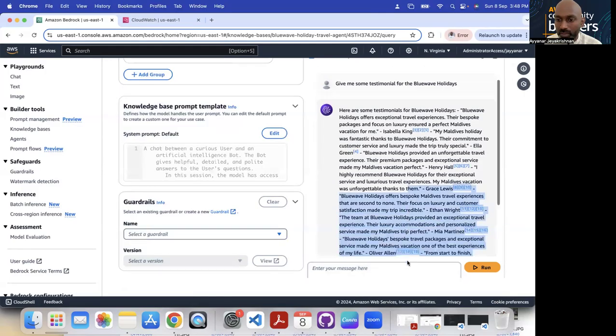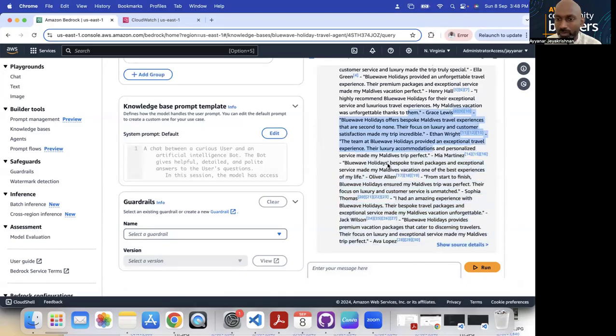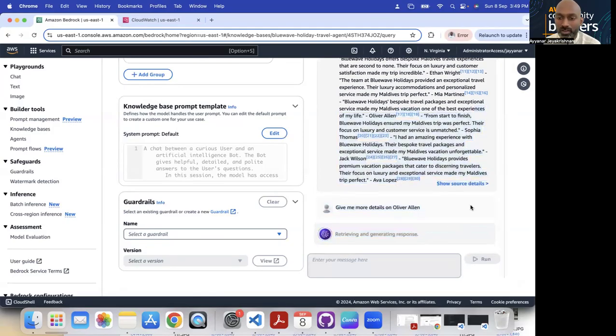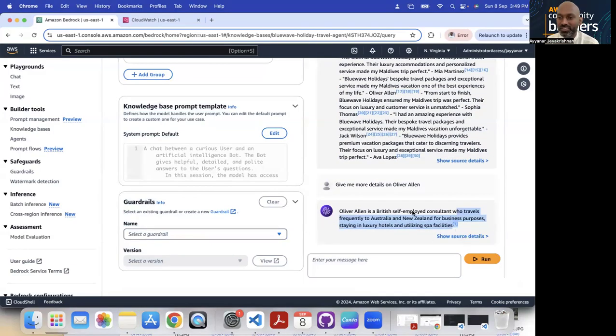Let me randomly take Oliver Alan. Give me more details on Oliver Alan. Now it's giving all this information, that he travels frequently to Australia and New Zealand for business purposes. Great, I'd love to connect with him.